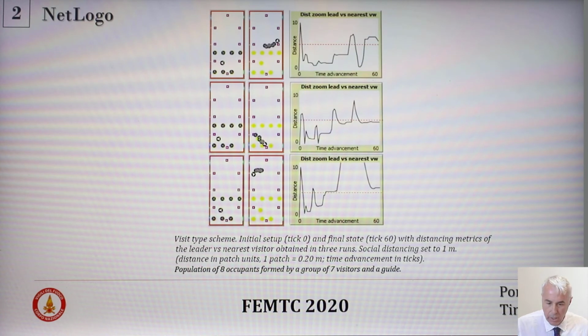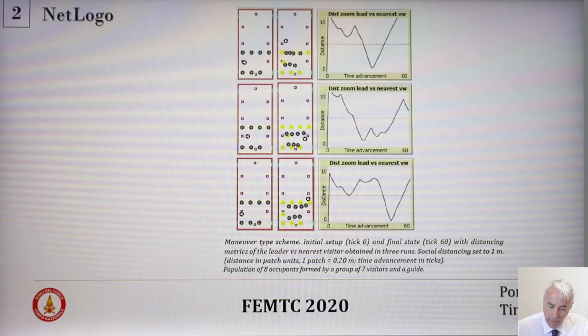Some results are shown with runs with NetLogo, where for the visit type simulation we see there is some time where the interpersonal distance constraint is not maintained nor achieved. But the results show better agreement with maintaining the interpersonal constraint of 1 meter. We said this one, in these cases, is better when there is more attention in the behavioral rules assigned to have trace and attention to the interpersonal distance constraint set.